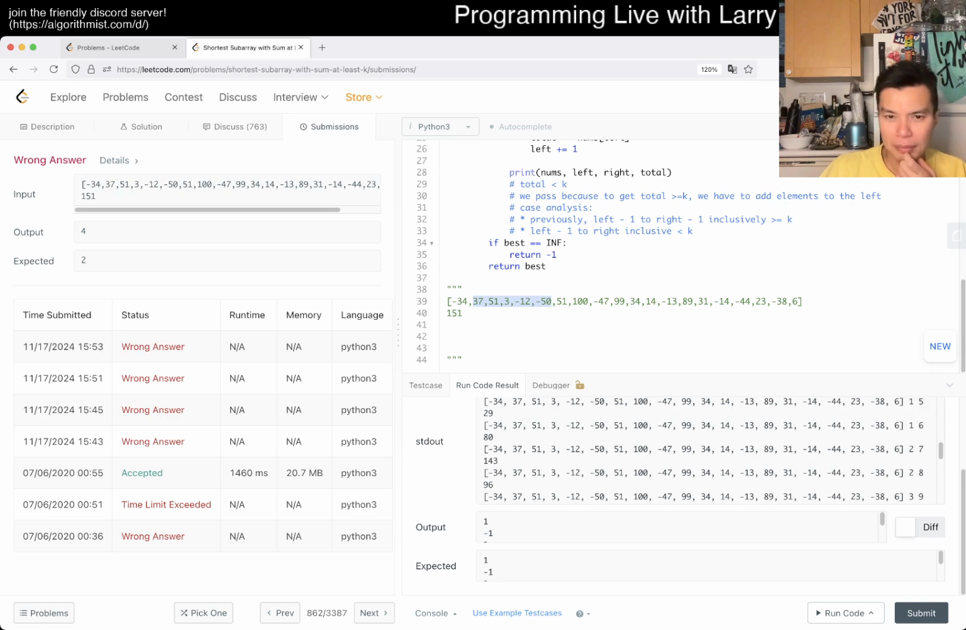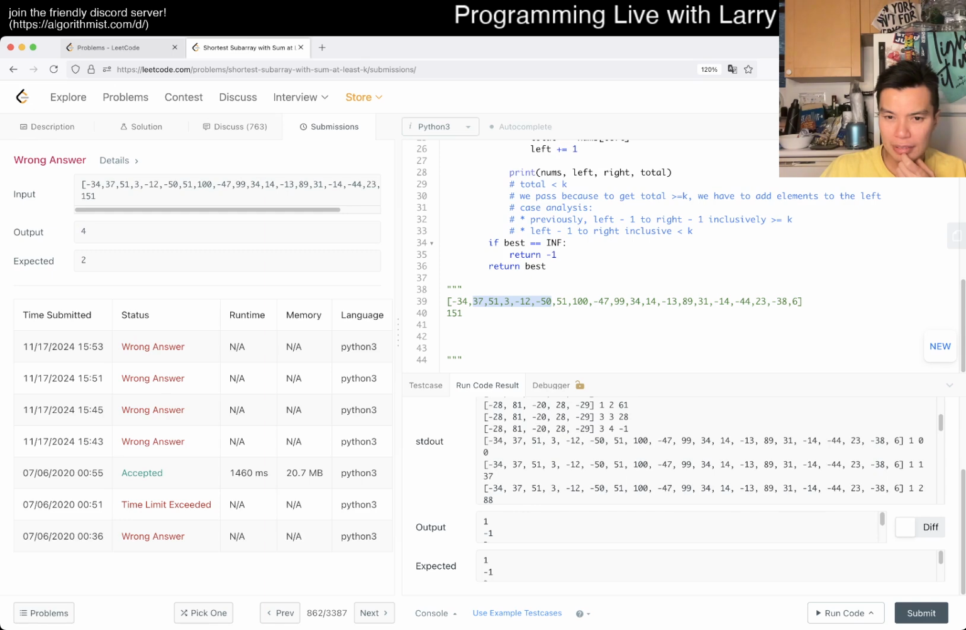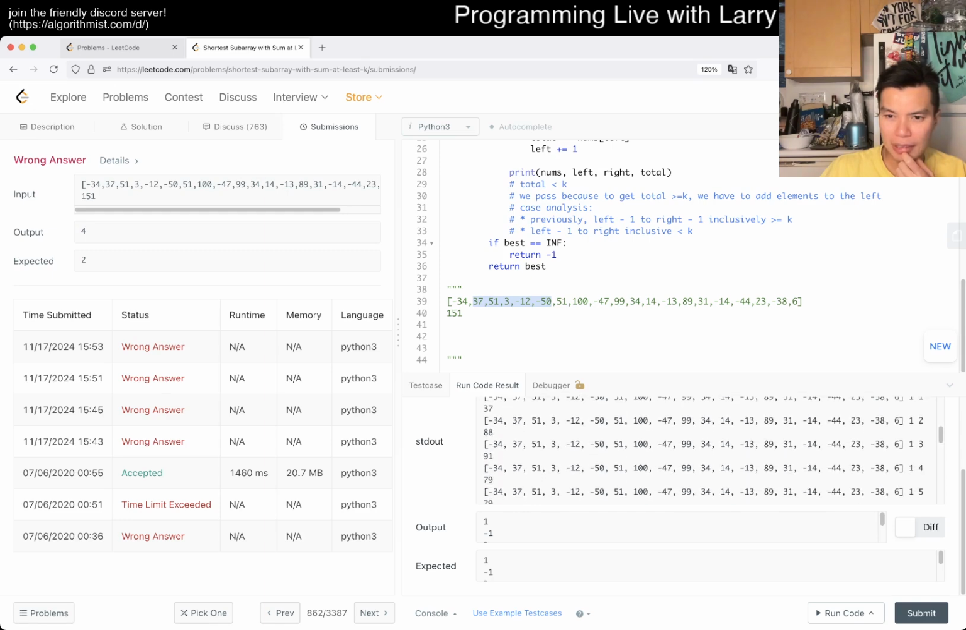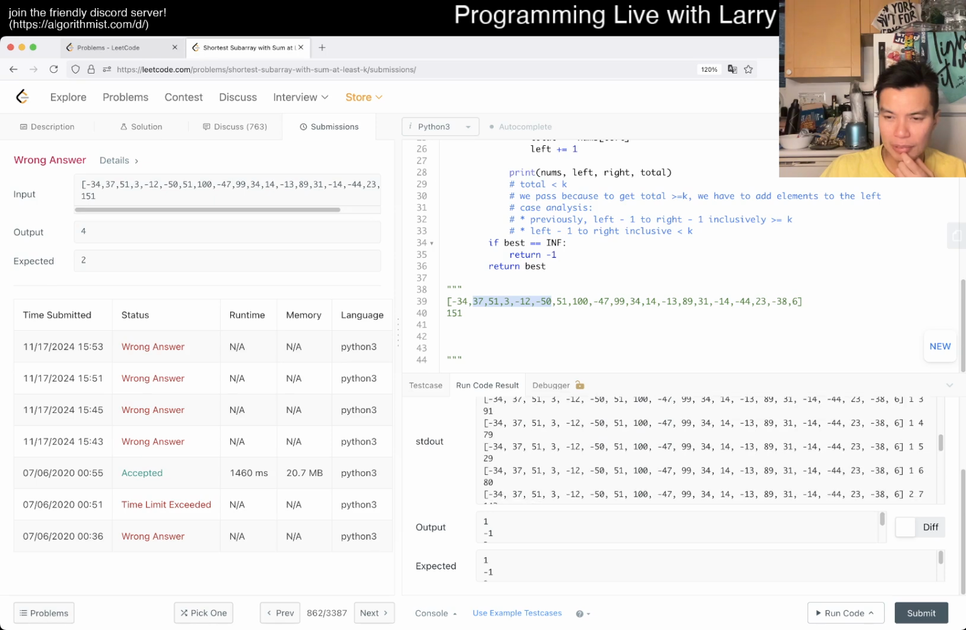How does that happen? Is this not negative? Oh, maybe that's the thing that I needed to do before the 50 is 29. Well, it's not even negative, right? Because this is